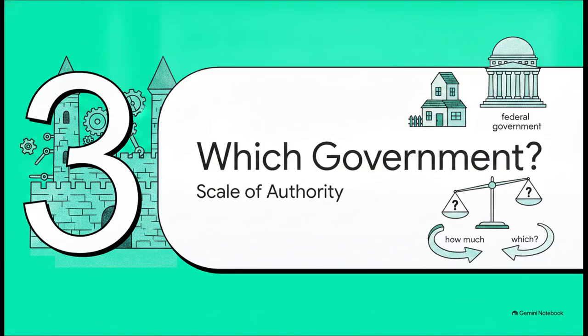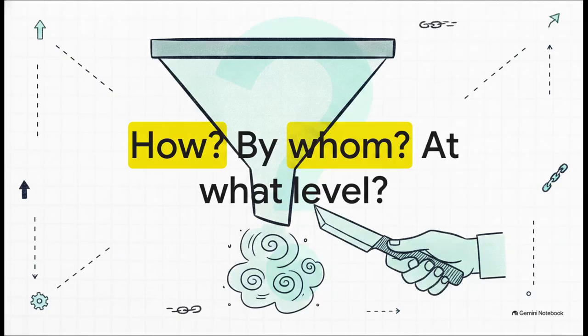Because before we can even begin to safely debate those policies down in the Bailey, we've got to settle a deeply American question. It's not just about how much government we want, but which government. Whenever you hear an aspiration that literally everyone agrees on, you have to run it through this ultimate filter. How will this be done? By whom? And at what level? Asking these 3 questions is absolutely your best tool for cutting right through all that thick fog of political abstraction.